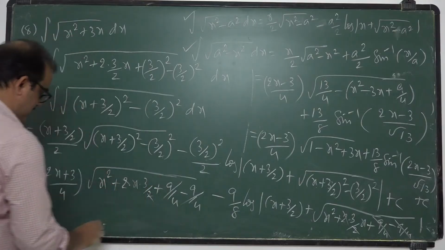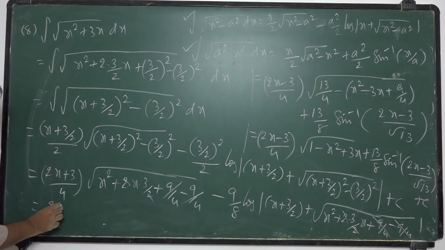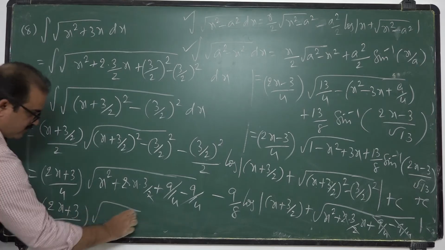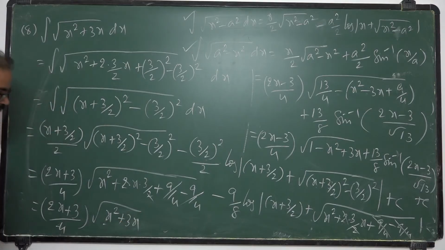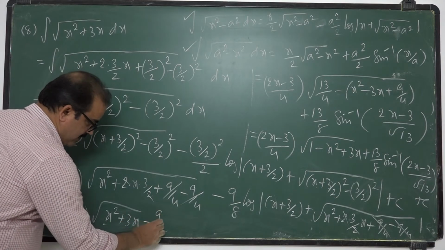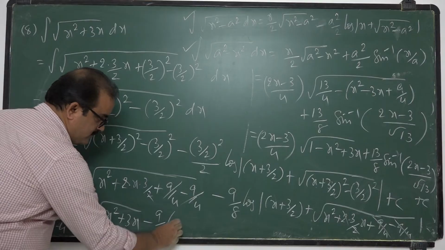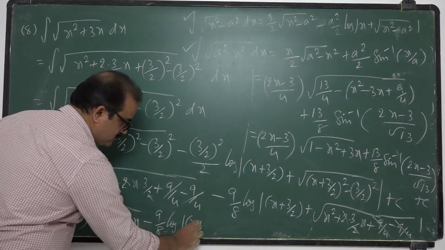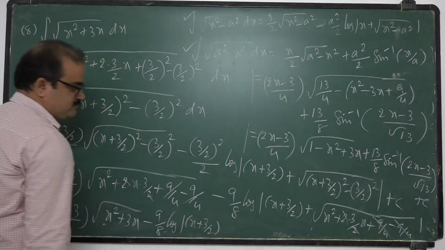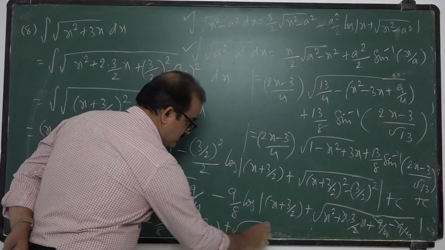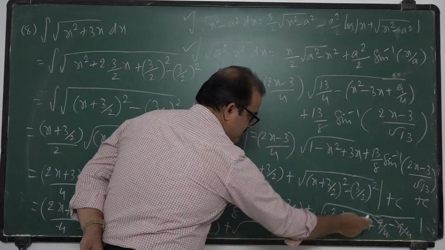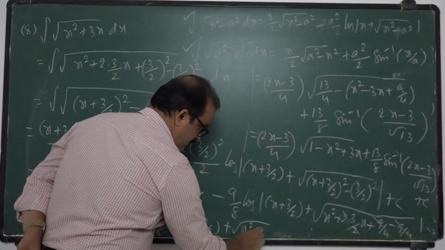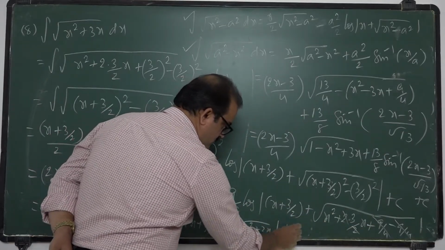Here 2 cancels. Here also 2 cancels. So it is (2x plus 3)/4 into root of x square plus 3x, minus 9/8 into log mod x plus 3/2 plus root of, in the square root, x square plus 3x plus